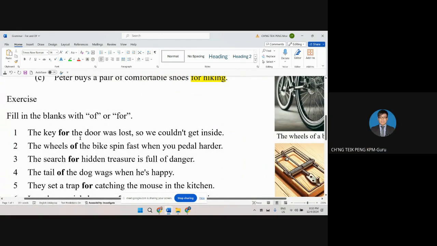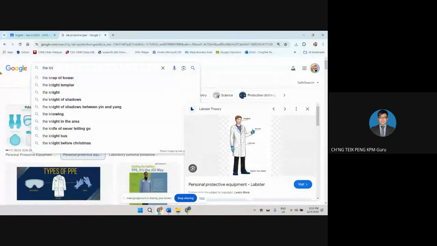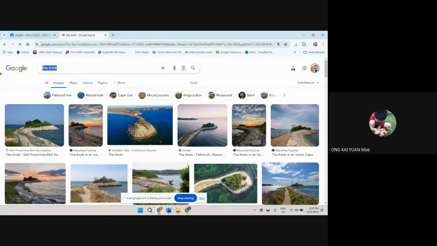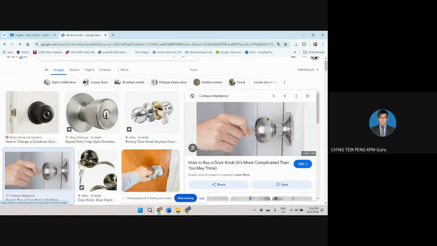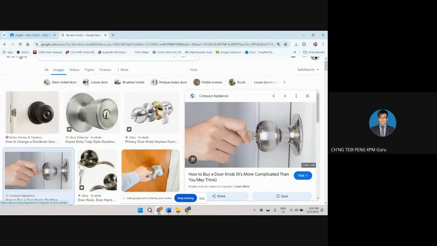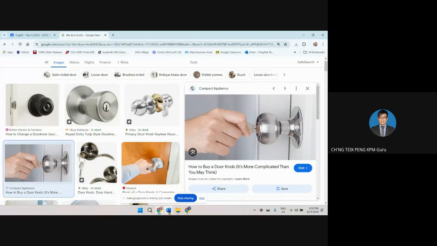Because the key is not part of the door. 那个你的锁匙不可能是你的门的一部分的吗？这样子人家要开你的门嘛，是很容易的咯，对不对？No，你看啊，那我给你看这个。Okay, so the door knob. 你看这个 door knob，这个转的地方你可以讲 the knob of the door 没有问题，因为那个 door knob 那个转的地方是门的一部分嘛，对不对？可是那个锁匙你收起来的嘛，那锁匙都不可能是门的一部分来的。